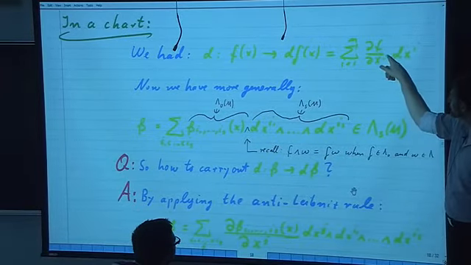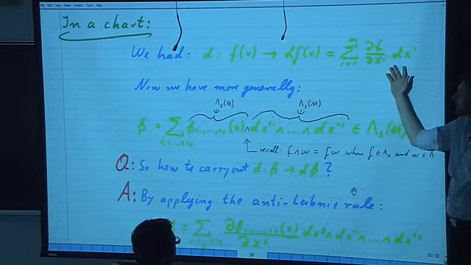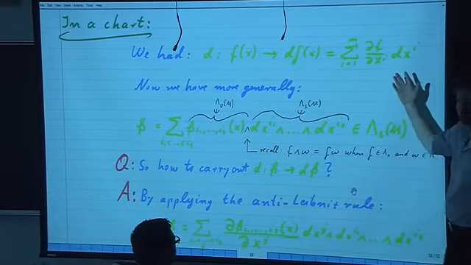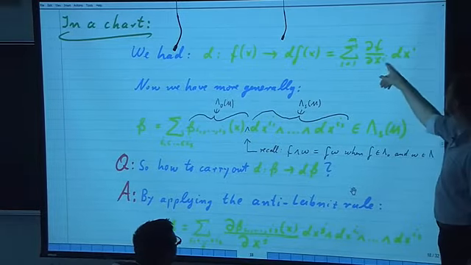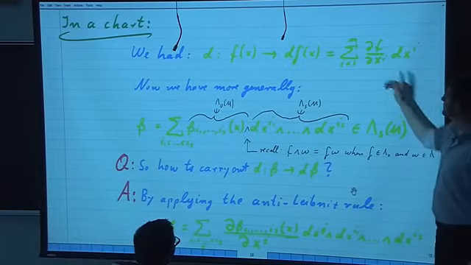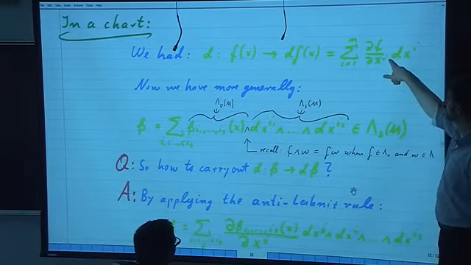Therefore, this is an ordinary multiplication or a wedge. Your choice. Doesn't matter. Same thing. So we have here zero form wedge one form, if you want. Or we have function times a one form. But it's useful sometimes to think of this as a zero form wedge a one form, where the wedge is